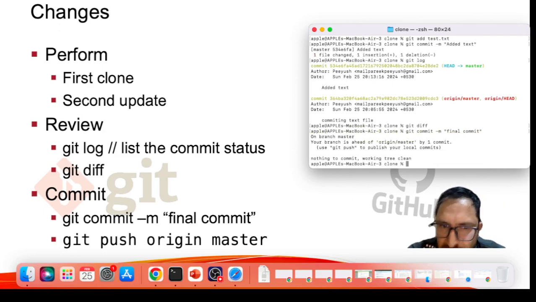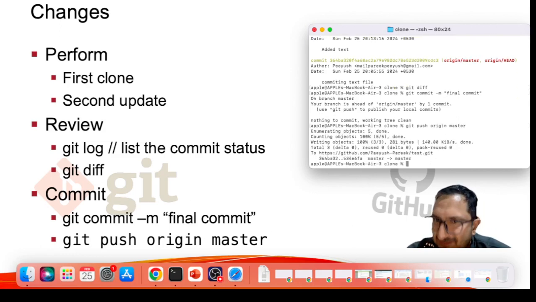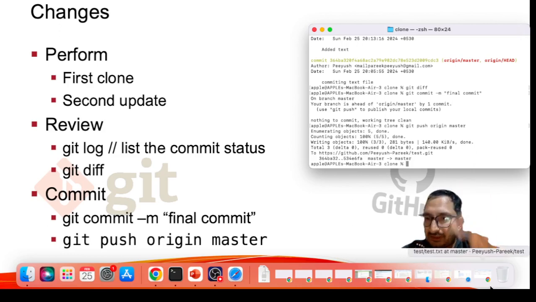Okay, so now we have to push. Okay, git push origin. Origin is at the local system, and push it to the master. Enter. Yes, it has said that it has created something. Okay, we will check what it has done. Here is